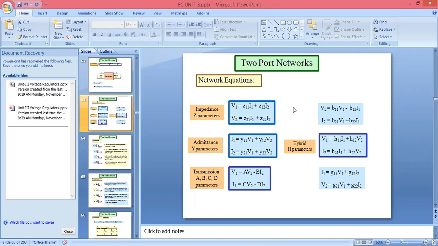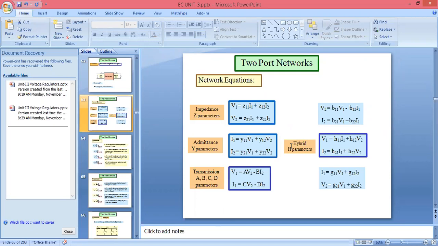Thus, these parameters are needed because they represent the quality of a particular network, because by using these parameters, we will get the electrical characteristics. So we can say by using these parameters, we will get the quality of a particular